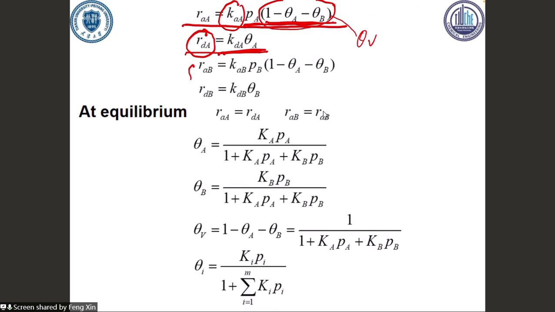Now let's look at the second step. This is the first step. This is the second